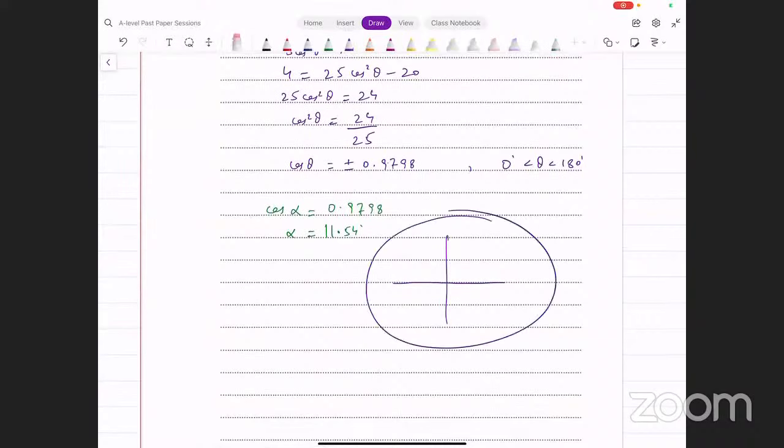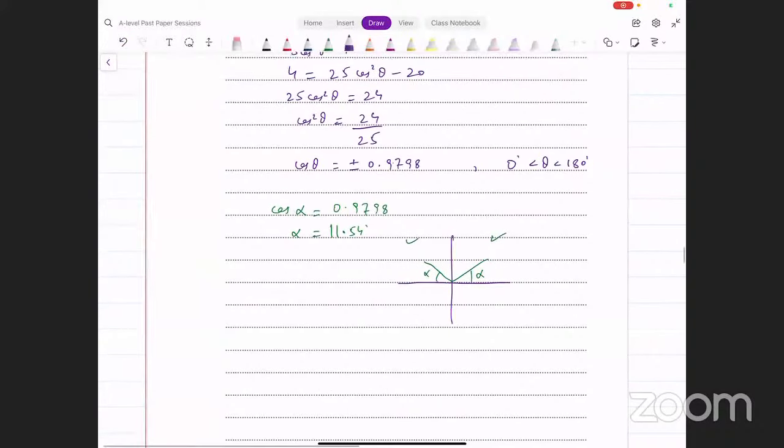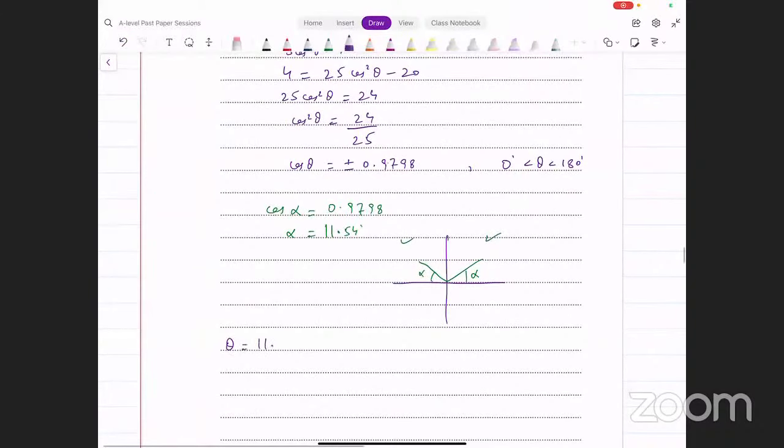किसी भी quadrant में हो सकते हैं, लेकिन क्योंकि interval 0 से लेकर 180 तक है, we say we have to be either in the first or in the second. दोनों में हो सकते हैं. This is 11.4, this is alpha. यहाँ पे एक value आएगी, एक वैल्यू सेकंड क्वाड्रेंट के अंदर आ जाएगी. फर्स्ट क्वाड्रेंट वैल्यू क्या होगी? We have theta equals 11.54 from there, and then in the second quadrant we have got theta equals 180 minus 11.54, and that's going to give me